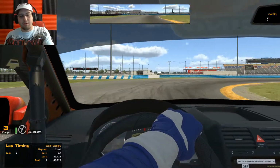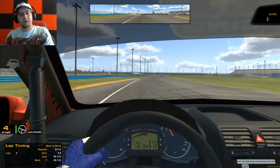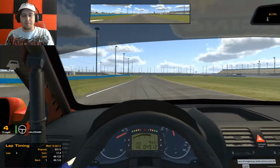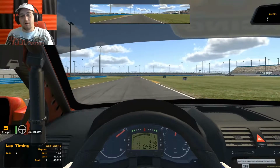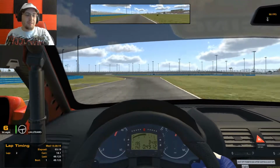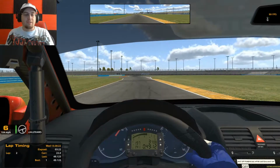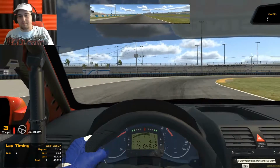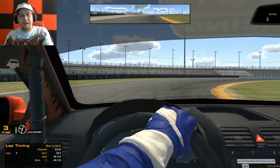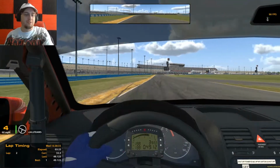At the time it was one of the only road course series that offered fixed setup racing, where everybody's running the same thing, and it's up to the driver's skill to get around the track and learn the car. So it's a pretty fun car to drive. I'm not gonna lie, it is a fun car to drive, but it is kind of mind-numbingly slow on some tracks,